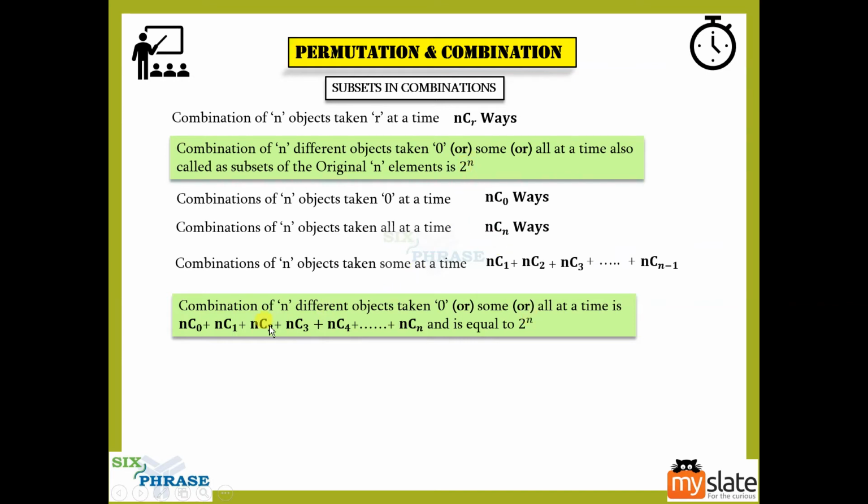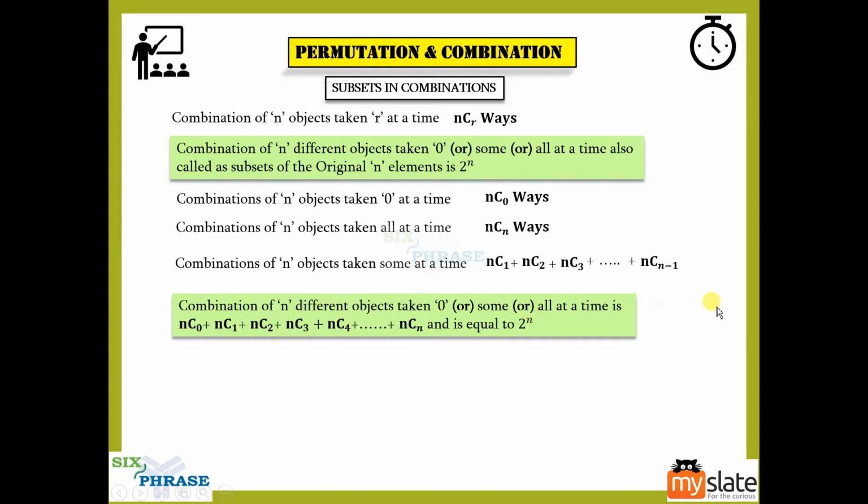Now the sum of all this is nothing but, you find the values of all this. We just found 32, right? Yes. What was the value of n there? 5. So what is 2 power 5? It is 32. So you don't need to find these values separately. Just know the value of n. Okay, n is 5. Just do 2 power 5, 32. That's it, you get the answer. This is actually a shortcut, guys.